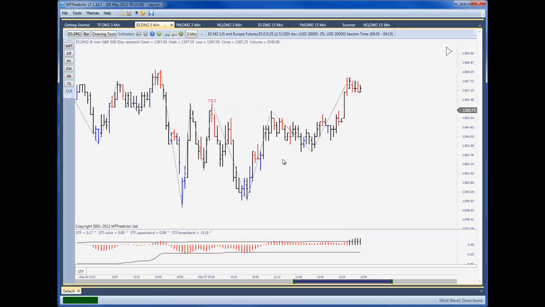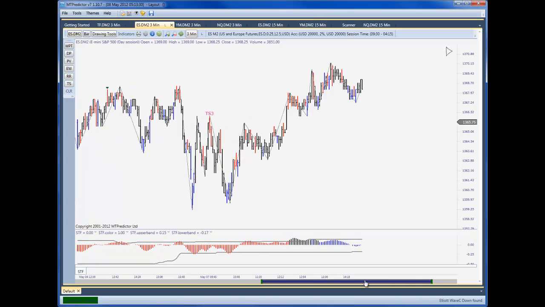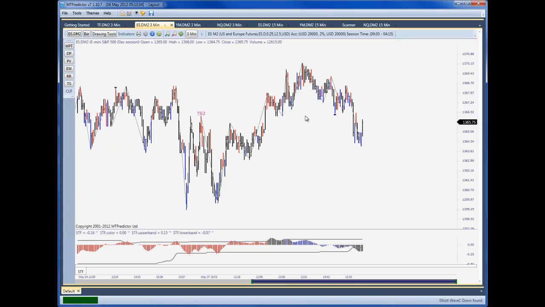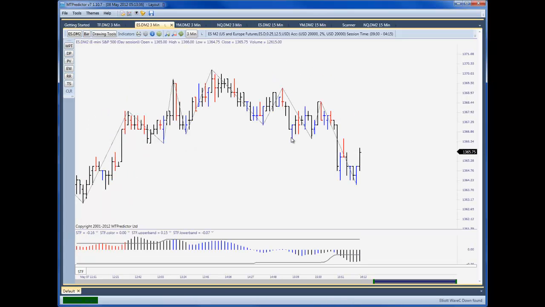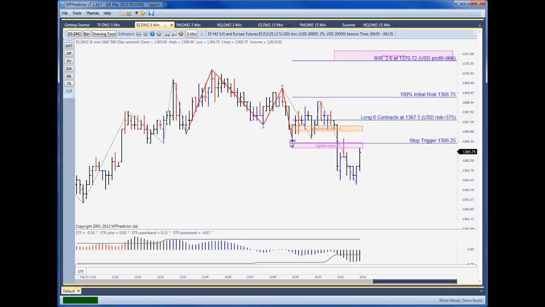Just want to clear all off here. Want to also have a quick look again for the advanced users among you. Again, this is a good little tips and tricks video here. This particular trade setup here, if I zoom out a bit, we had a history triangle here. So if I put the analysis on, you can see it was a perfectly valid TS4 buy setup on a blue STF. Market went up, took you in, then declined back down again and would have stopped you out for